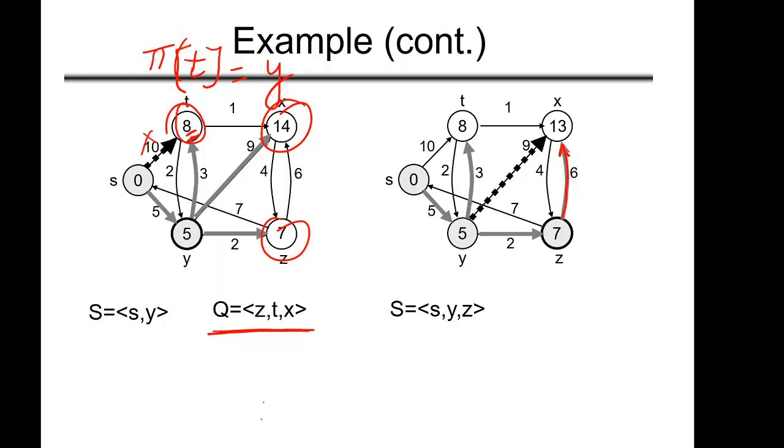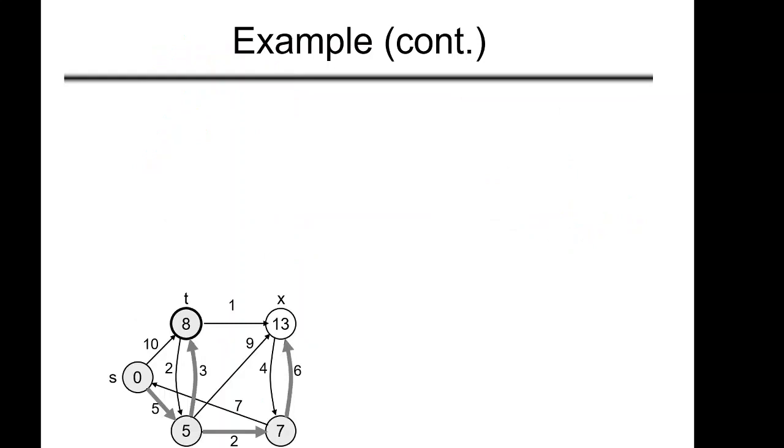Okay, now if you see, previously the value written at X, or the estimated shortest path cost for X is 14, but if we go via Z, it is 13, right? Why? Because to reach Z we will need 7 weight, and then from Z to X we need 6 more, so 13. Okay, so we remove this edge and we will set the value as 13, right? So we will keep on doing this. Now from T and X, okay, 8 is the minimum weight, so next we will pick 8, right?